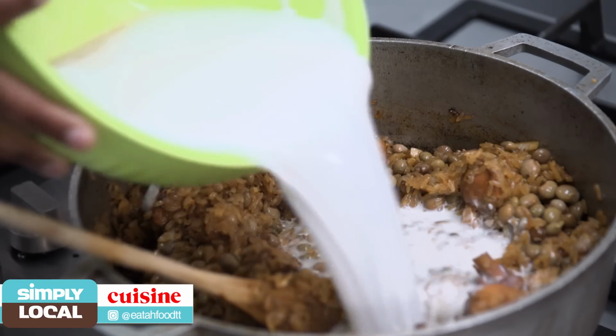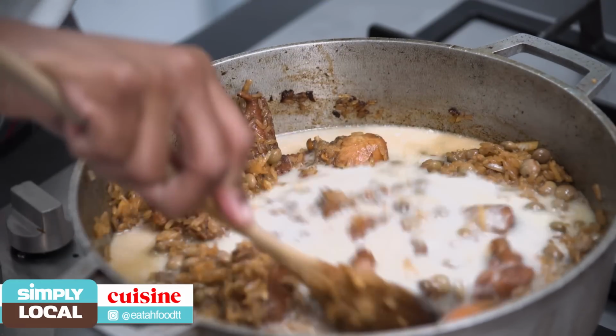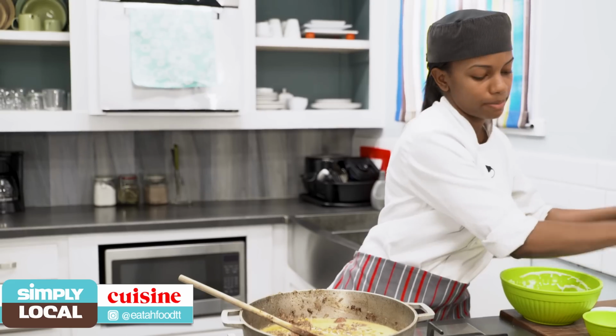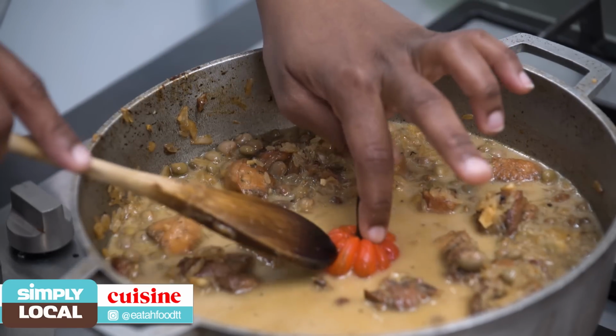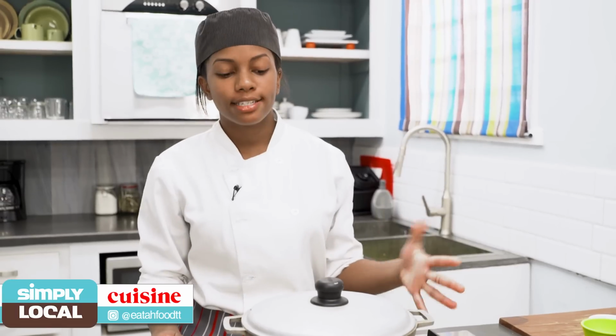This is actually coconut that I took and I made coconut milk from, but you're welcome to use the pack as well. That's okay. I'm just gonna add some salt, so some flavor, and some black pepper as well. And guys, I can't forget the hot pepper, so I'm just gonna leave it here and we're just gonna cover it down. So we're gonna come back to the rice until it's nice and tender,